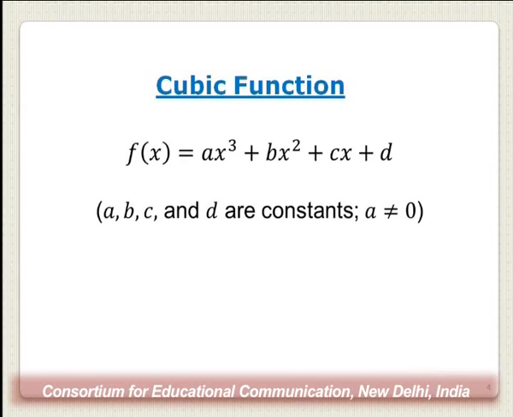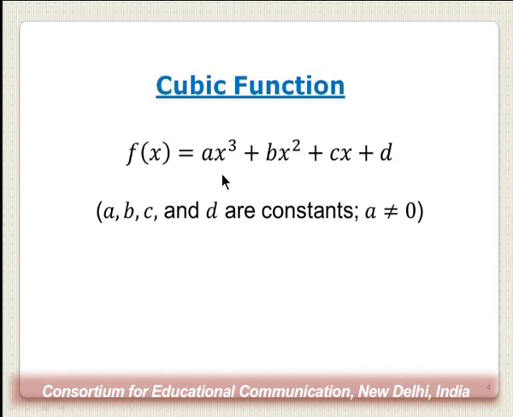So first of all, what is a cubic function? A cubic function is of the form f of x equal to ax cubed plus bx squared plus c times x plus d, where a, b, c and d are constants, and in addition we will also impose the restriction that the parameter a, the coefficient of x cubed, is not equal to 0,